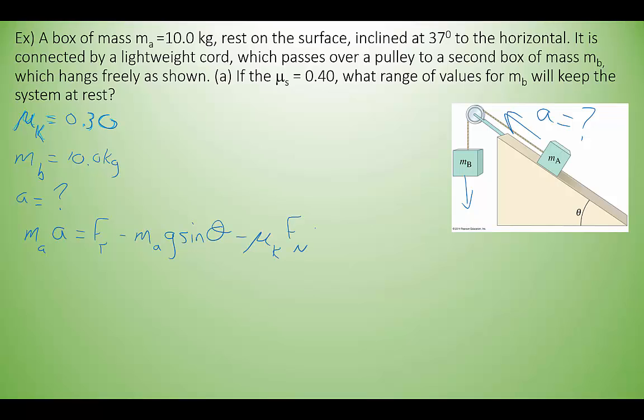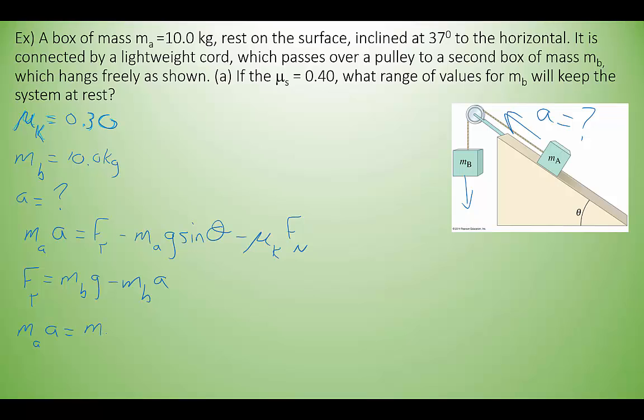Since MB also accelerates, we can also have the equation that the force of tension is MBG minus MBA. Since B also accelerates, the tension force is the weight of B minus the acceleration of B, and that's because they're in two different directions. And so we can substitute this FT into the equation above,